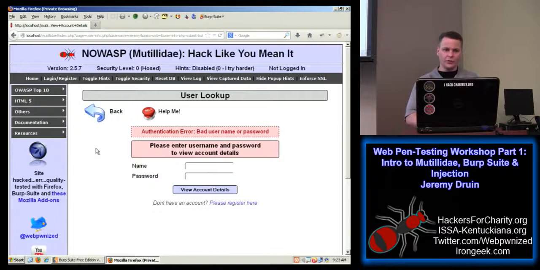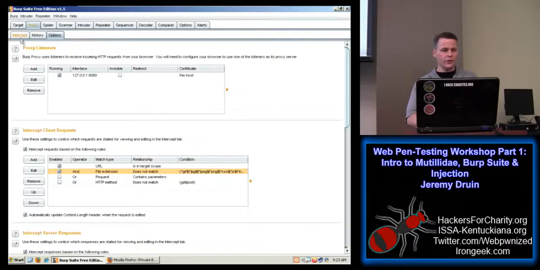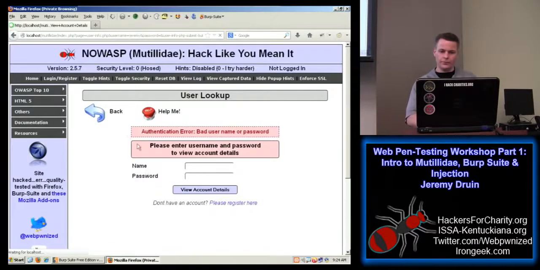Okay, we'll stick with the page user info at first here. Let's turn the intercept off for a second. All right, so we have a web page and we've been assigned to test this page. What do we do next? If the page is completely static, there's not going to be much you can do with the application as far as testing it for vulnerabilities, because if you don't have any ability to interact with the application, if it's a purely static page, there's really no way to pass in any input to change how the page runs.